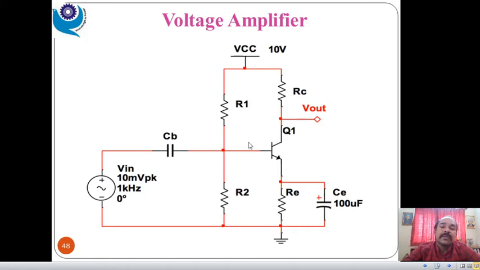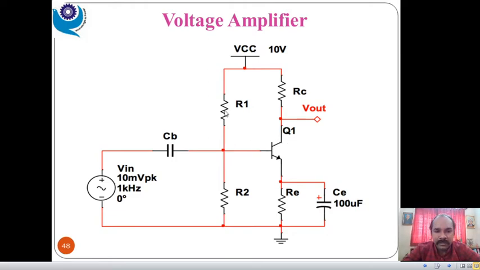The input impedance of any amplifier should be very high, to avoid loading effect, and the output impedance of an amplifier should be very low, because we need to connect n number of loads and the load impedance is very low. So to match the load, the output impedance should be low. Obviously gain and bandwidth should be high. Noise and distortion should be low, right? And the gain bandwidth product of an amplifier should always be constant to maintain stability.